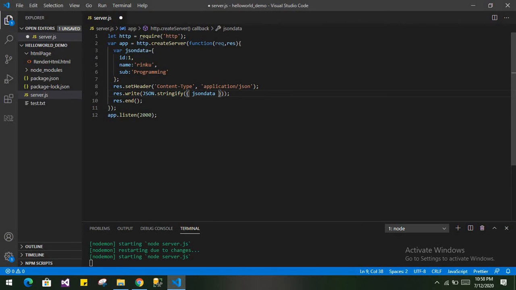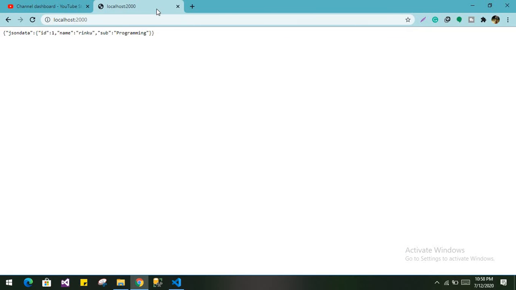We are simply doing JSON.stringify to convert the JSON into a string. Just save it and refresh your browser, so you will get the object over here like JSON data ID, name,